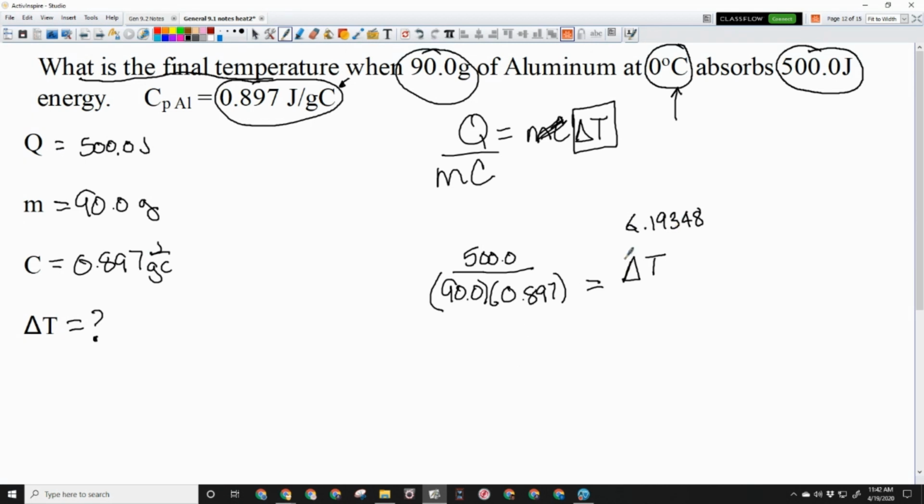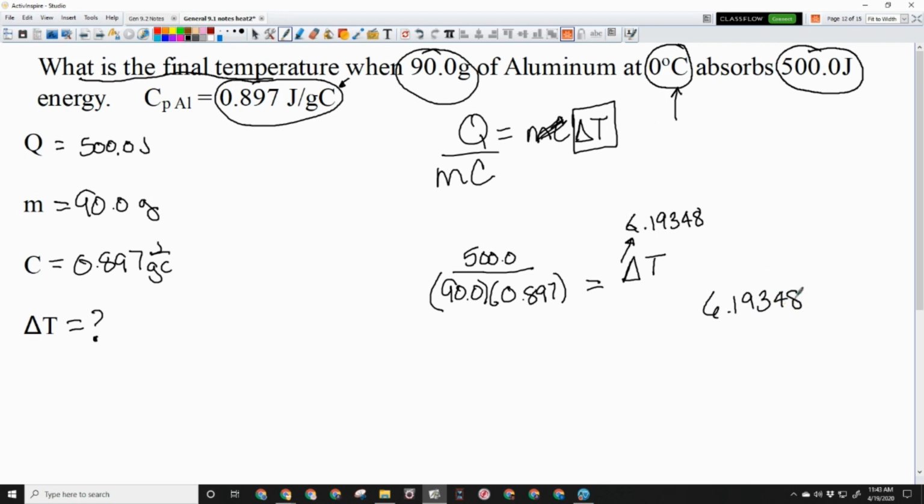All right, so our change in temperature is 6.19348. So we're not going to round or anything because this is not our final answer. We only do our rounding when we have our final answer. So it wants to know what the final temperature is. Well, if it started out as 0 and the change is 6.19348, then we're going to have to take the difference in this. So the difference between 0 and this is